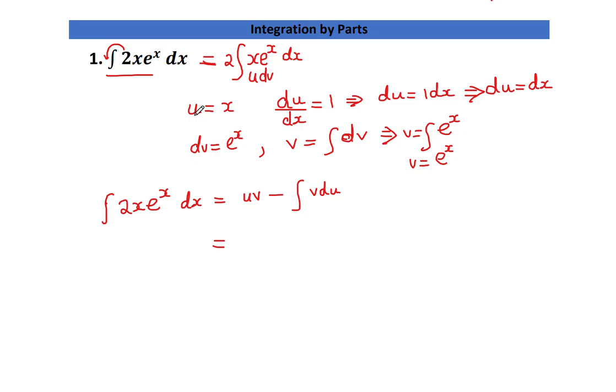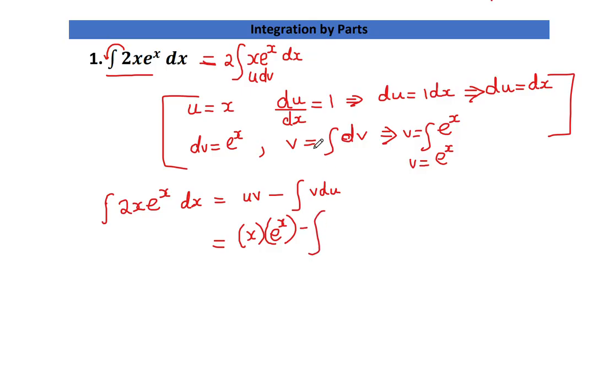So now we're going to substitute based on the values that we have from here. So u was assigned as x, so I'm going to just put x there in bracket representing the u right here. Then we're going to substitute for v. We worked out v by integrating dv. Integral of e to the x gave us back e to the x, so I'm substituting v here as e to the x